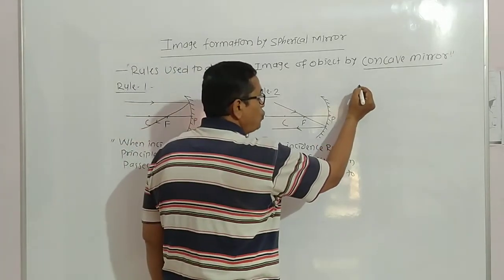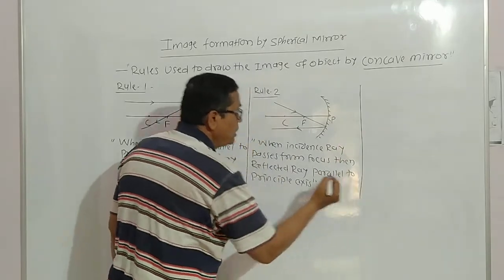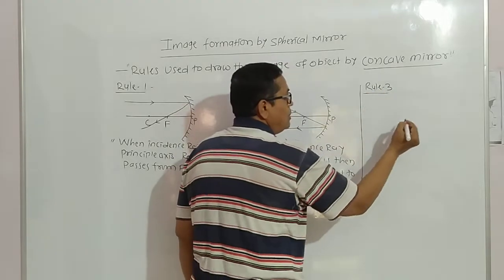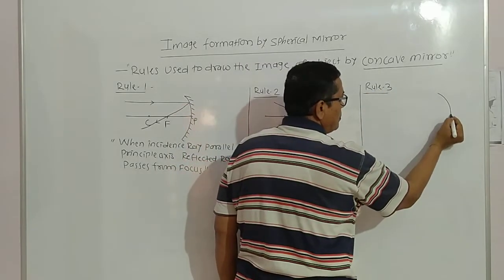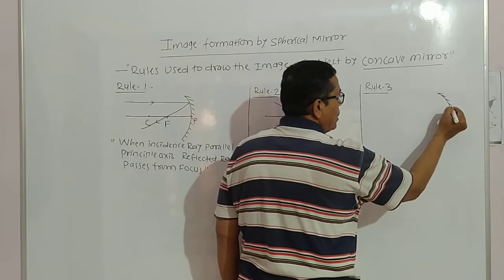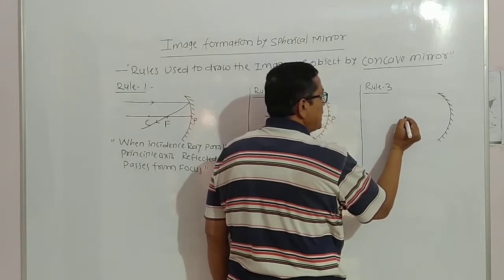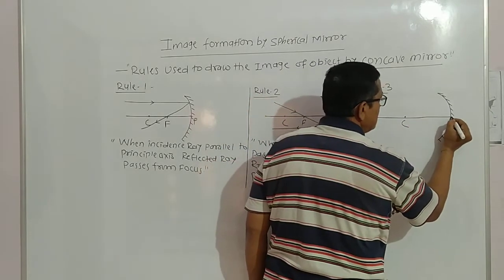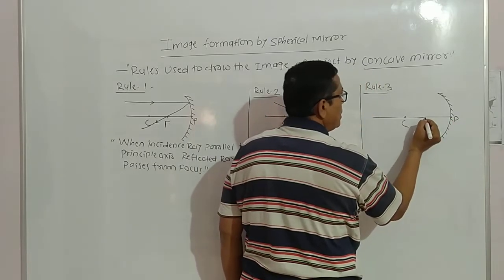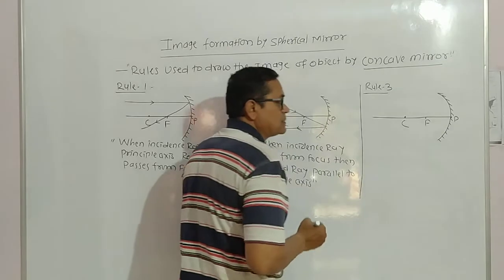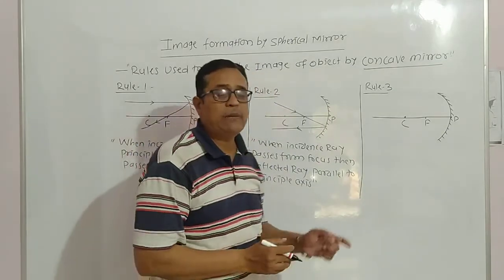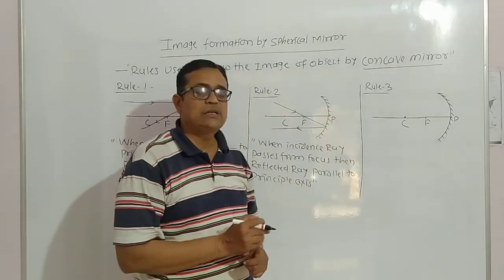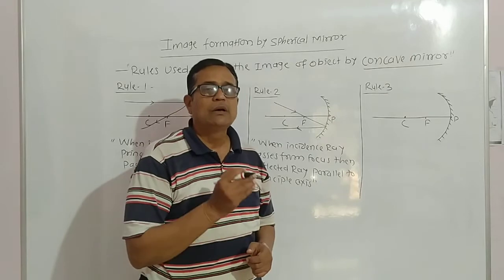Then we learn rule number 3. Here we draw the diagram in this way. Here the concave mirror, center of curvature, principal axis, here the pole of the mirror, here the focus. When the incidence ray passes through the center of curvature, dear student, the reflected